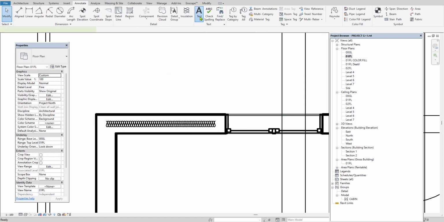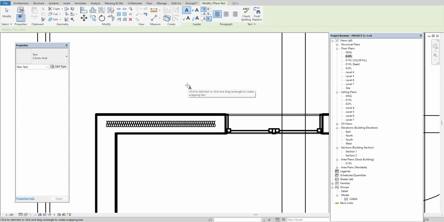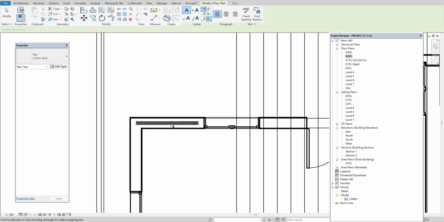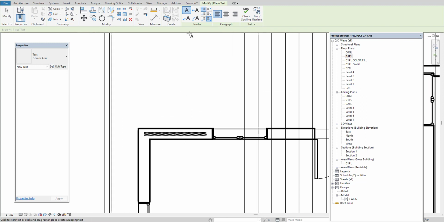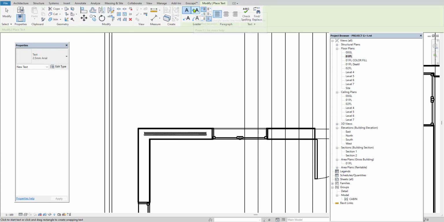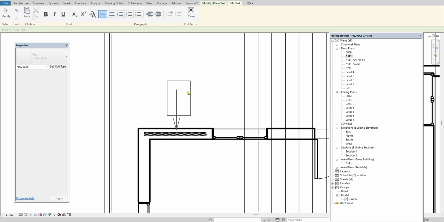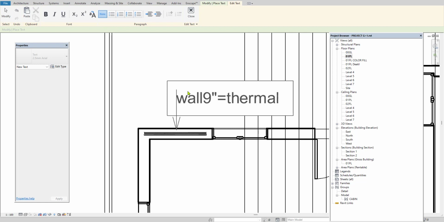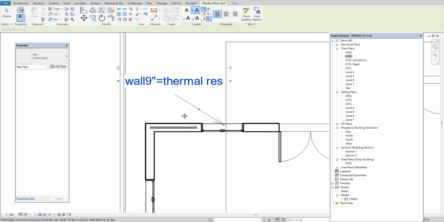Next, by using the text option, I am going to annotate that separately. So this is a special wall as compared to the other walls. For that, you can use the text or leader command. You can add the text in the spot itself, or else you can take the one line segment option, and then you can say this wall about 9" or thermal resistance wall, like that, or cool resistance wall, like that. So this way you can name it.